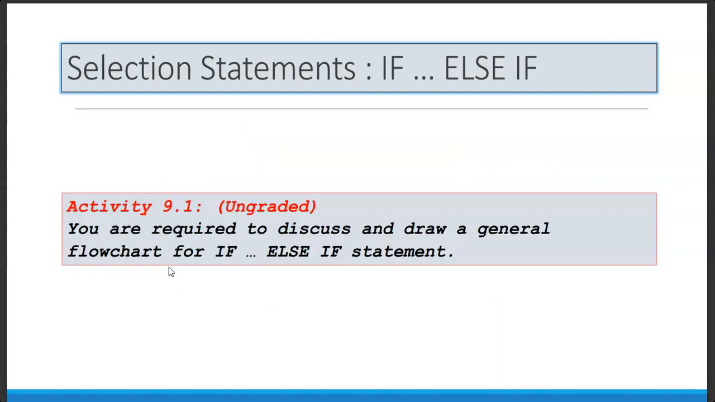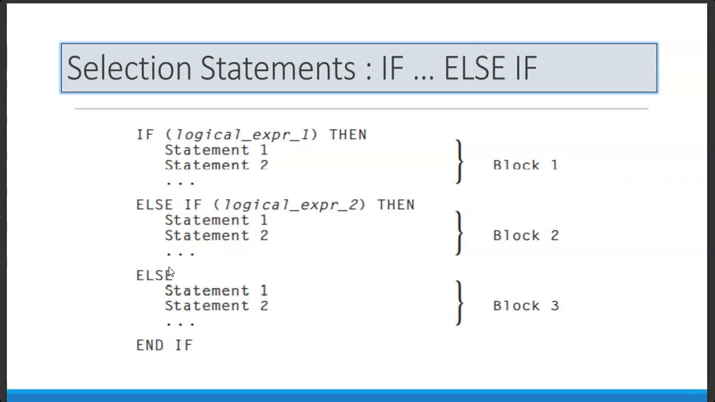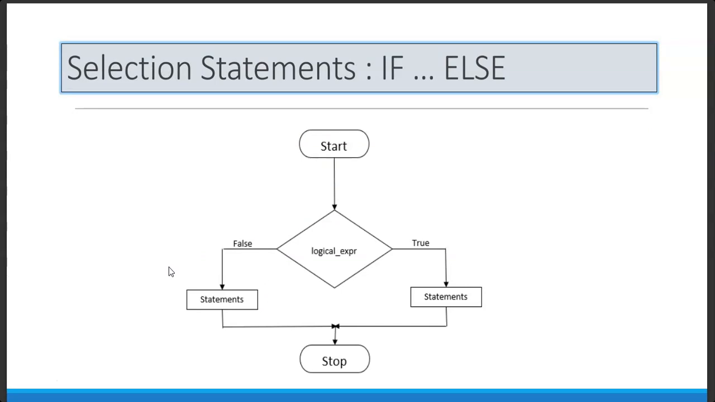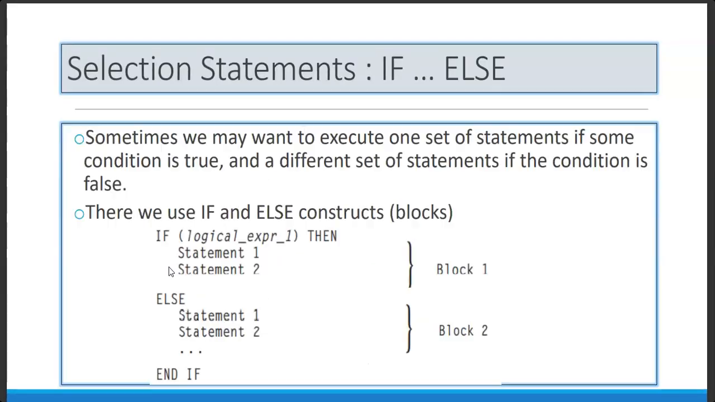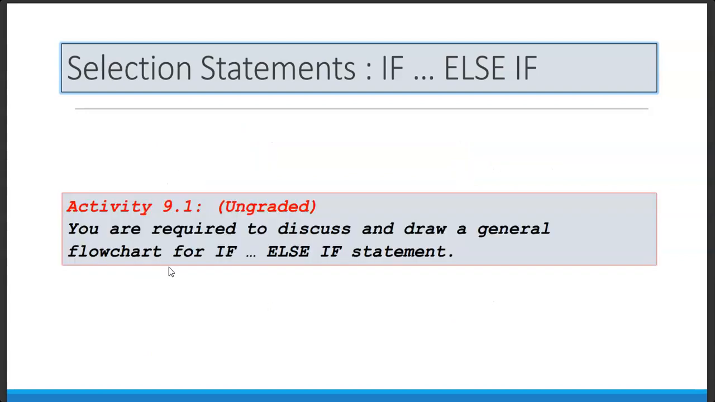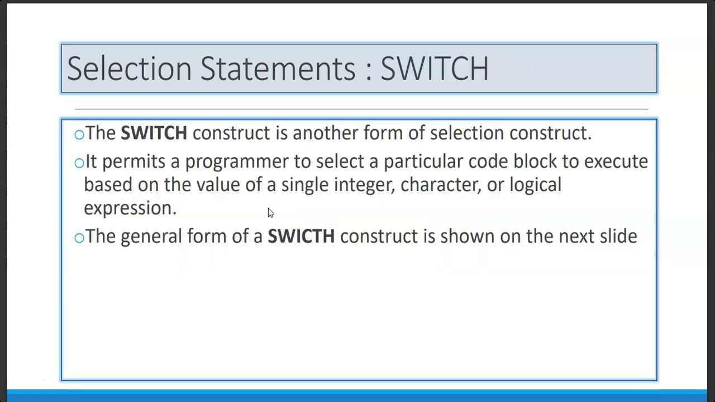So that's how we use the if statements. And you may want to come up with your own flowchart to represent selection statements in the category of if-else-if. I've shown you the if-else, and I've shown you the basic if. So I've left this one for you to come up with a flowchart for if-else-if statement. Okay, so in our next video, let's look at selection statements